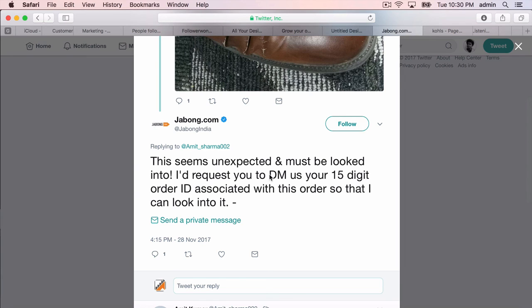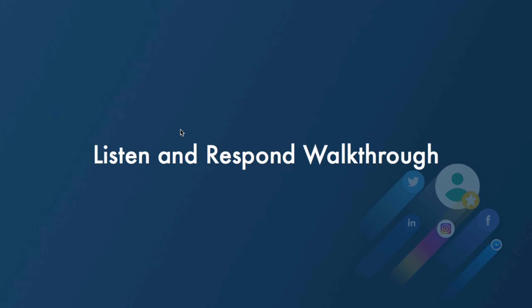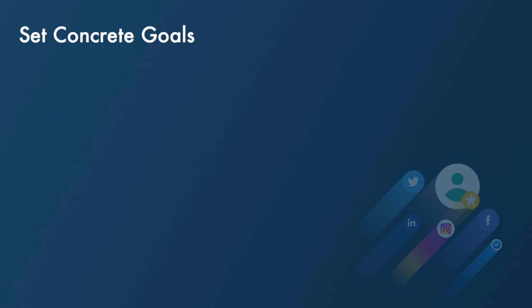So you have to take a few things offline. Maybe you can get the person's phone number and give direct phone service, or maybe you can take it into a direct message so that no further social backlash happens. I have dug deep into the listen and respond aspect of social media in the bonus video, which is social media and customer service. Just check that video out and you will get deeper insight into what exactly this is all about.